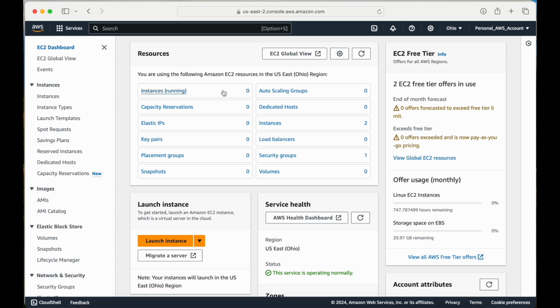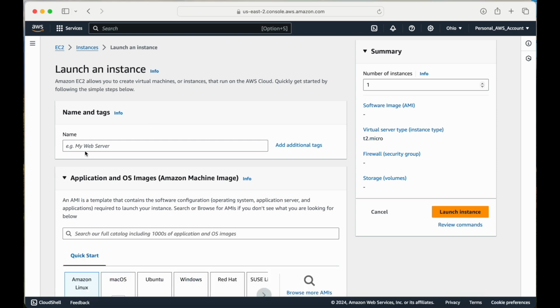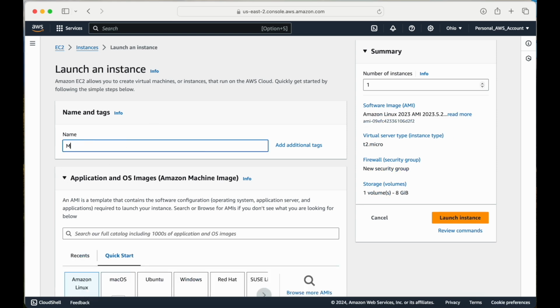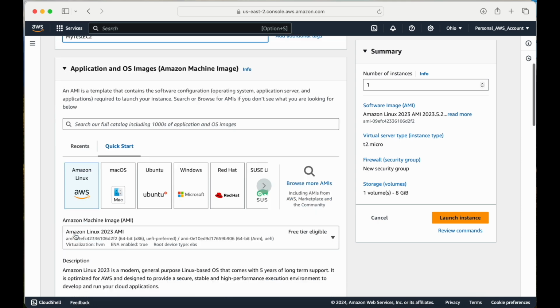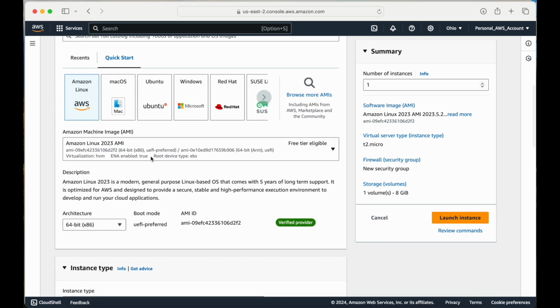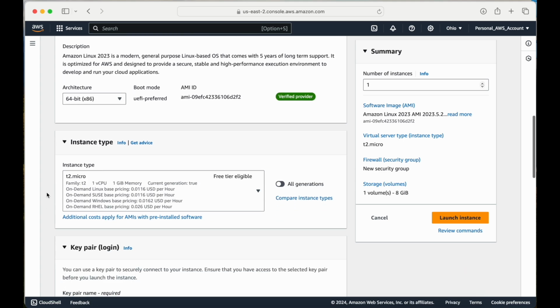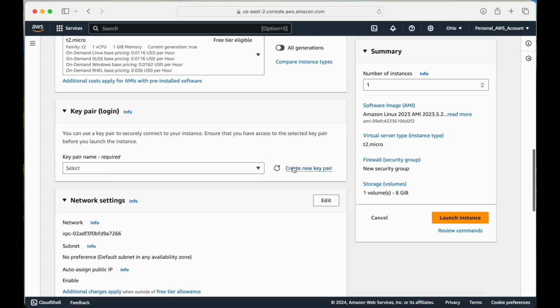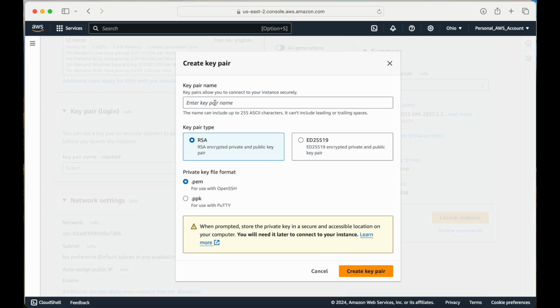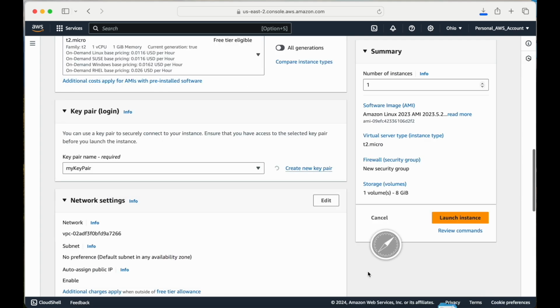So I'm going to open my AWS Management Console. I'm going to launch an instance. In here, I'm going to call this one my test EC2, and then I'll make sure I select the Amazon Linux, free tier eligible, make sure T2 micro. Key pair, I'll say create a new pair. I am going to do this right now, my key pair. I'm going to also save this for the next project that we're going to do, which is the actual project, not the hands-on. Say create key pair, it will download it,